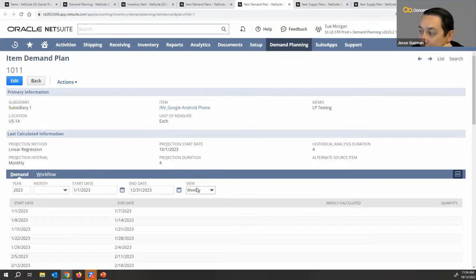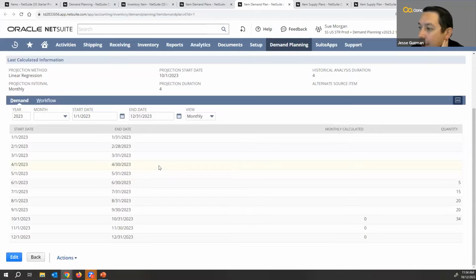But we're showing it here in a weekly view. I can change this to a monthly view if that makes it easier. And we can see here, okay, based on this demand, here's the quantity and here's the monthly calculated. You notice I've got nothing there. So let me move on